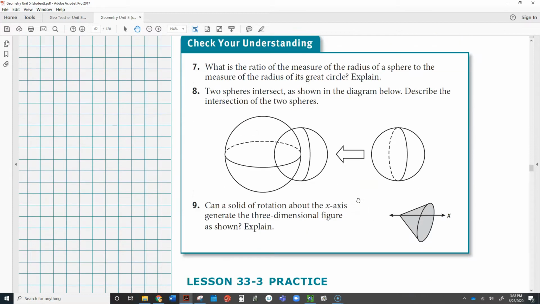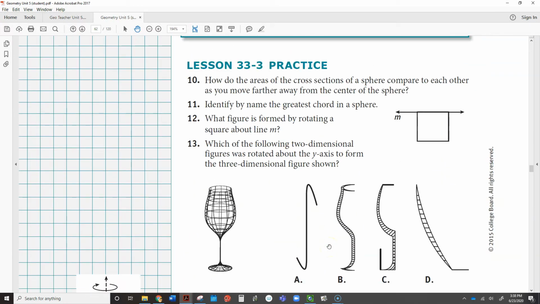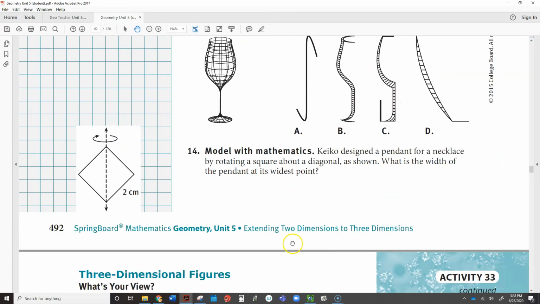Okay, so that gets you through to the answers. So go ahead and do the check your understanding and lesson 33 practice. And we'll check our answers here in the next